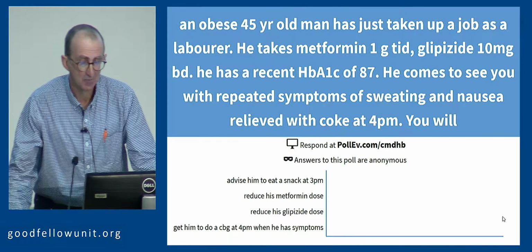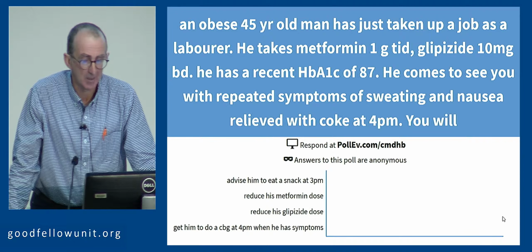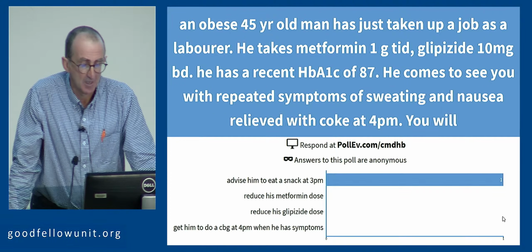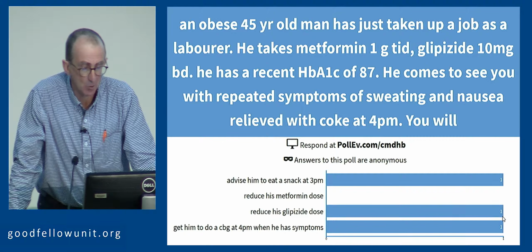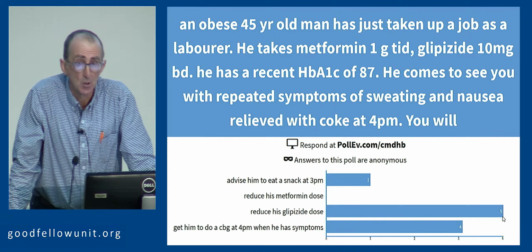An obese 45-year-old man has just taken up a job as a labourer. He takes metformin and glipizide in those doses. He has a recent A1C of 87. He comes to see you with repeated symptoms of sweating and nausea, relieved with a drink of Coke at about 4 p.m. You will...